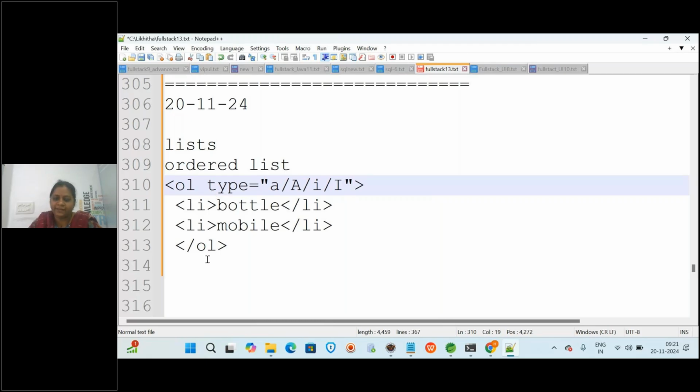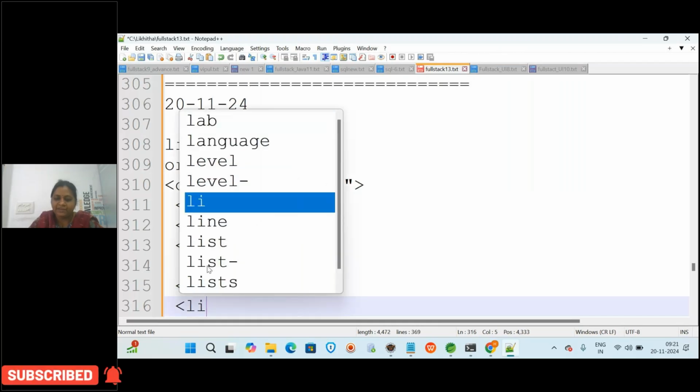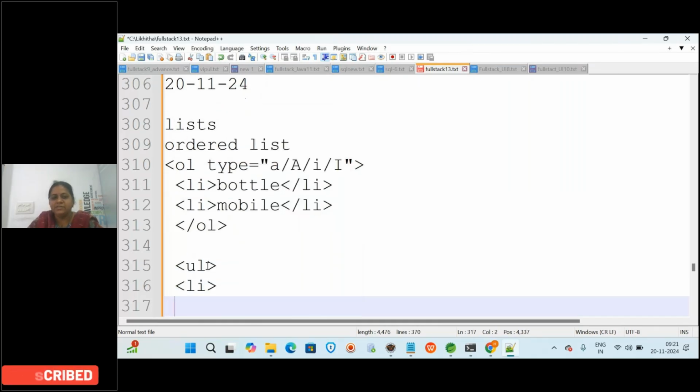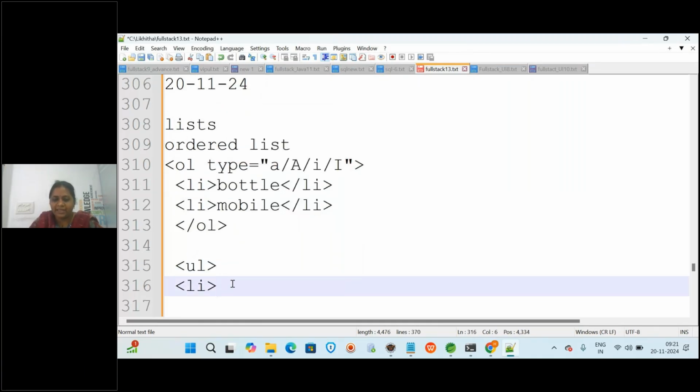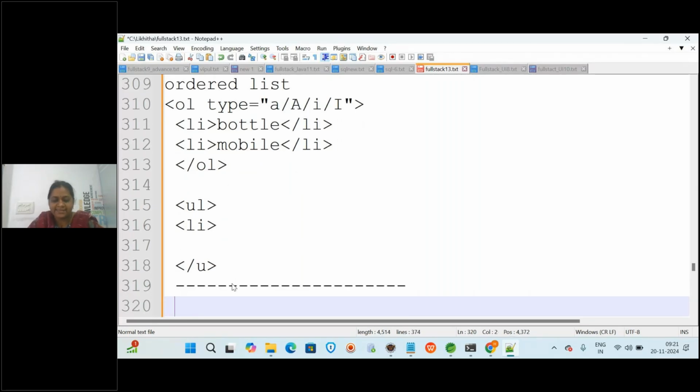The same thing applies to the unordered list also. Here also you add list of items, as many as you want, and then close the unordered list. Correct?